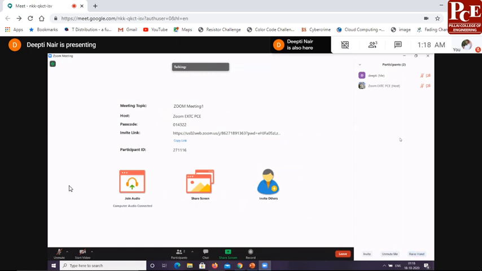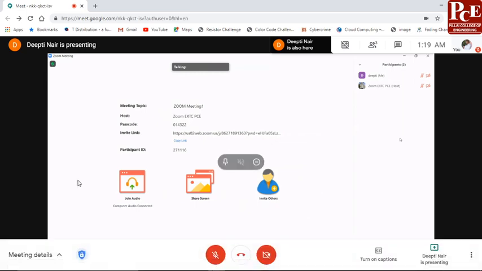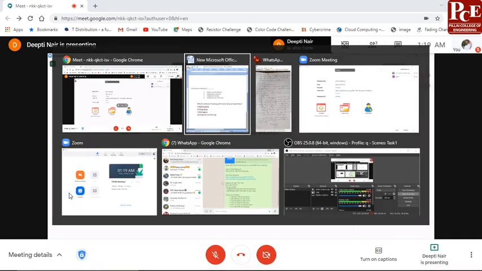Now any meeting can have only a single host. But in case there is a huge conference that has to be organized, it will become difficult for a single host to manage the participants. So in that case, the host can assign co-hosts to the participants. Now there is no limitation on the number of co-hosts. So in order to do that, since Yogesh sir scheduled the meeting, he is the host. So Yogesh sir, can you make me the host please?